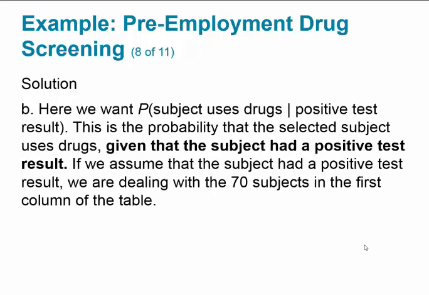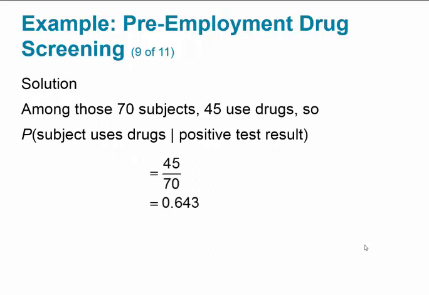So here for B, we want the probability that the selected subject uses drugs given that the subject had a positive test result. If we assume that the subject had a positive test result, we're dealing with the 70 subjects in the first column of the table. Among those 70 subjects, 45 use drugs. So the probability the subject uses drugs given a positive test result is 45 over 70, which is